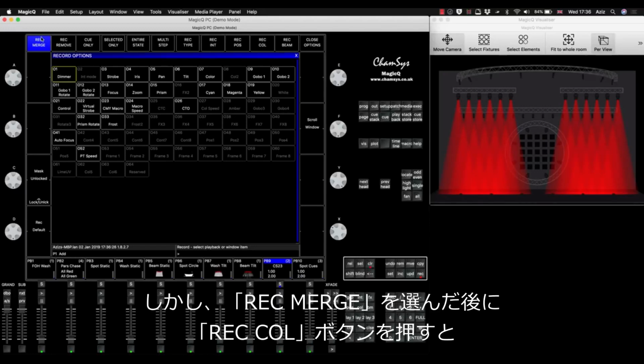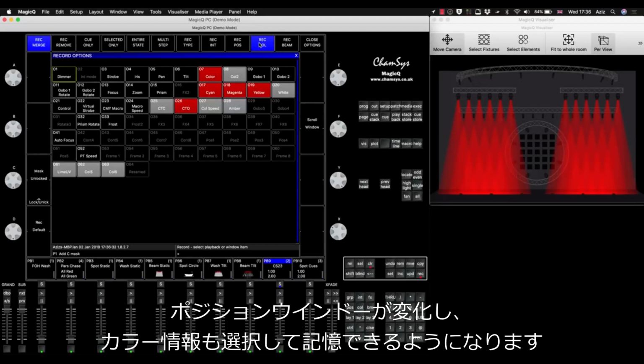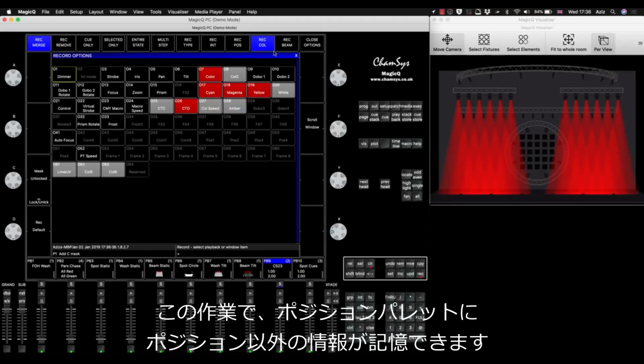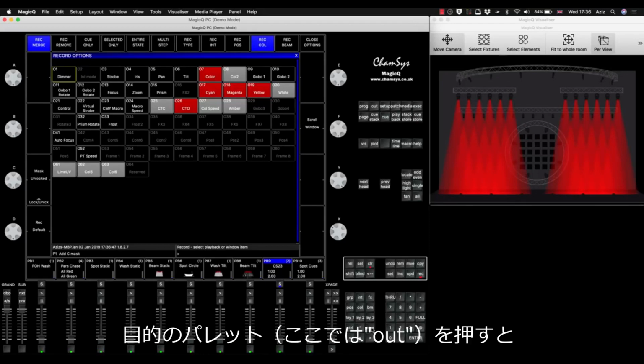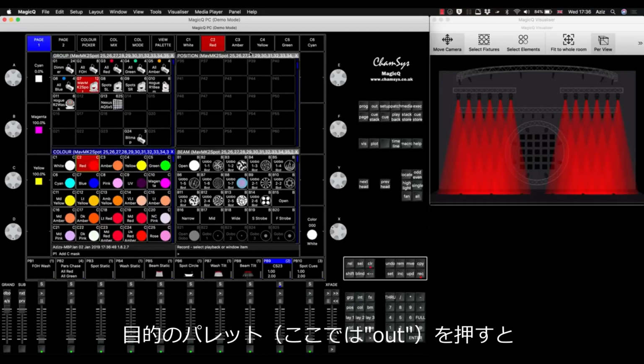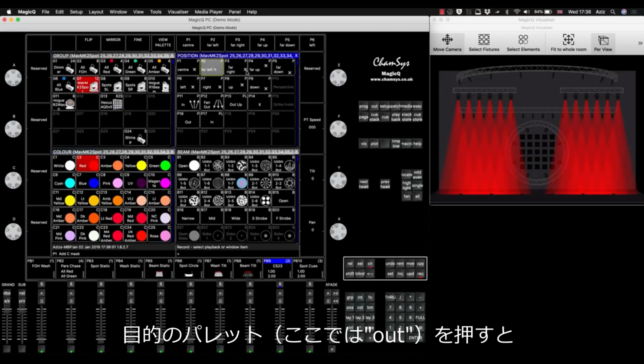But if you press Record Merge and you also select color, that means you are forcing the MagicQ to accept the new data, the color information, into the position palette. So I've selected Record Color and we're only merging the information. We don't need to touch the position, only the color. We press close and we go here and we click on our palette number 16 out,